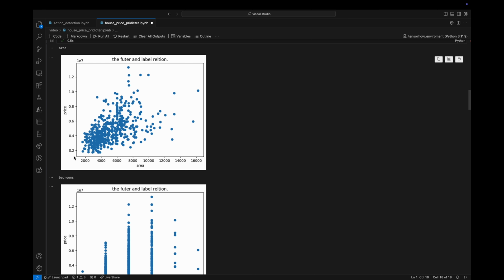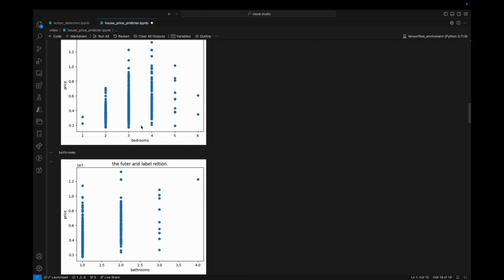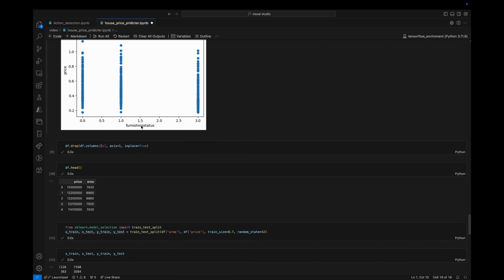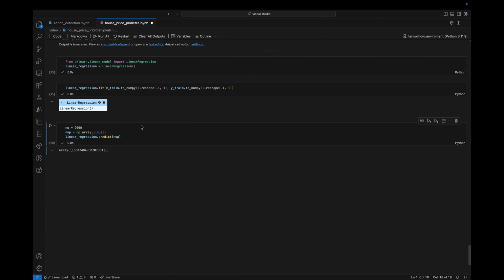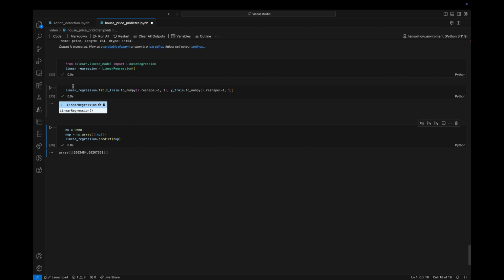What we want to see is the straight line drawn here based on the model we fit our data with. So we are going to see that now. Okay, as you can see here, we also predicted some random number. And now, before we do that,